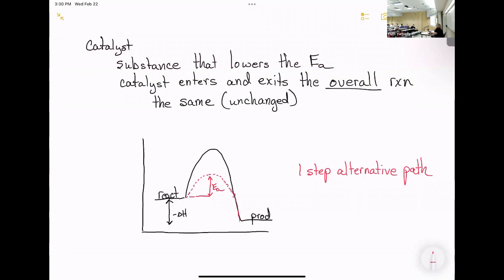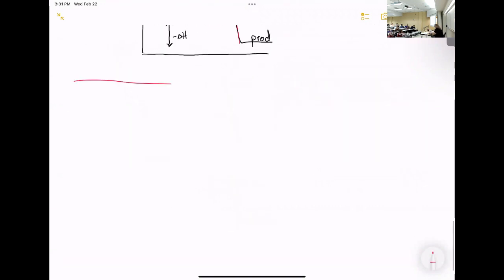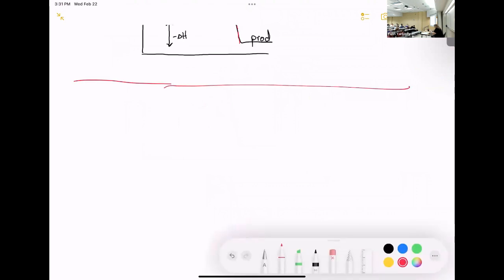So let's talk about our energy of activation. Now, the original equation, that is the Arrhenius equation,